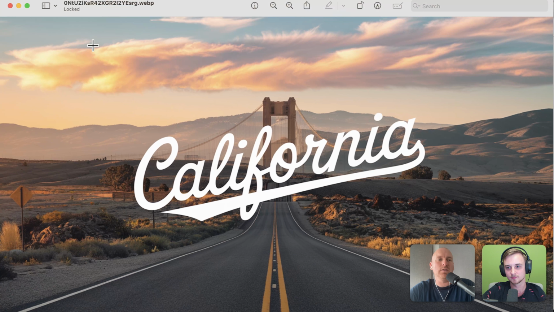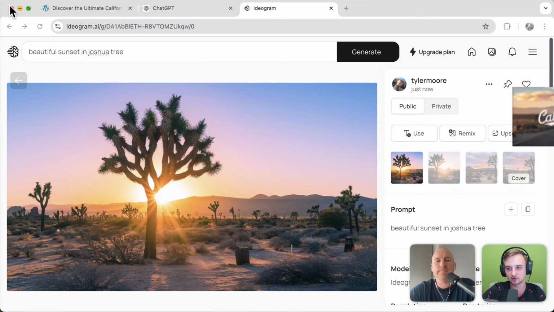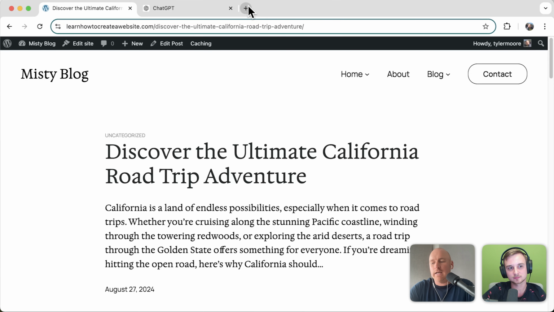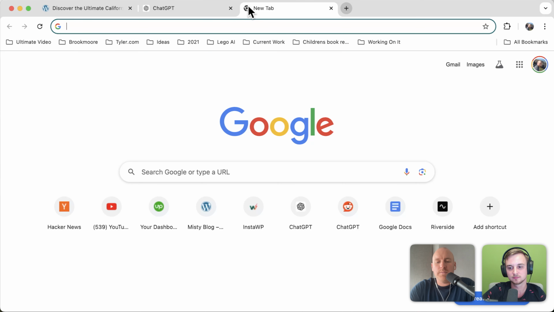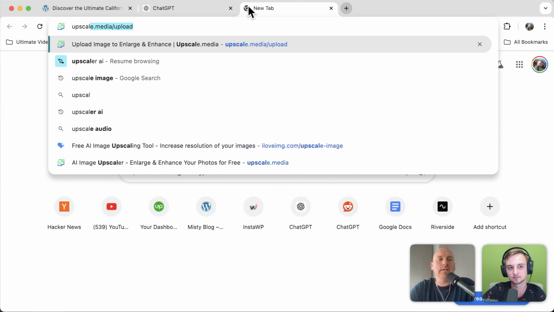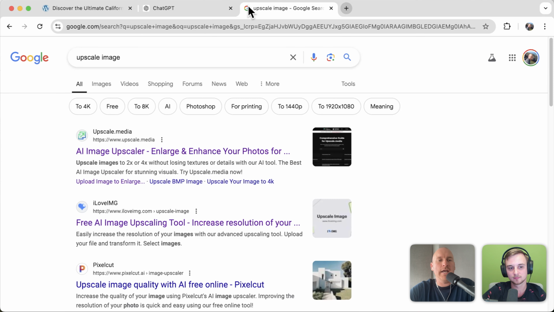This is just me being a little bit crazy. But when it shows on your website on a high quality MacBook screen, maybe you're going to be able to see it much worse, basically, right? Exactly. So the way we can fix it is we can open up a new tab, and I'm just going to search for upscale image in Google, and this upscale.media right now is good,